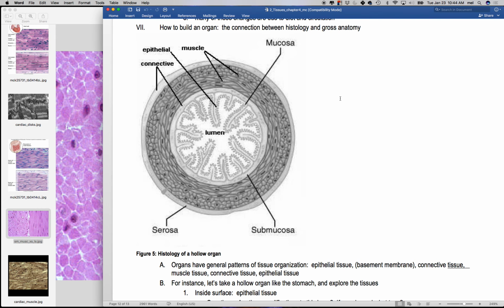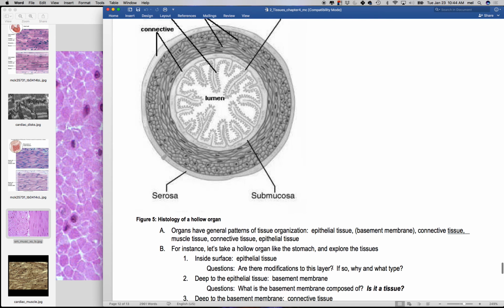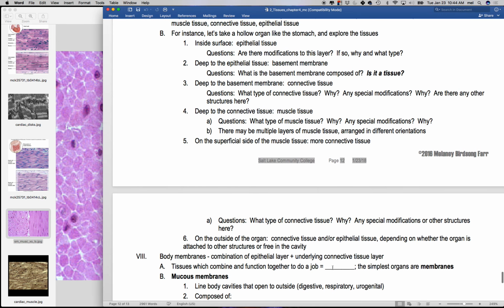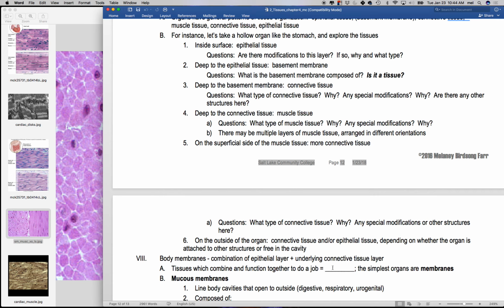If it's a wiggly organ, we're going to see what in the wall? Muscle of some sort, right? Then we're going to see some more connective tissue. And then depending on whether it's stuck to something or not, if it's stuck to something, just connective tissue on the surface. If it's not stuck to something, it'll have epithelial tissue on the surface, okay? So you can have an expectation. So this is a cross-section of any hollow organ, but let's pretend that we're actually doing the stomach for a second. Okay, so if you imagine the stomach and you look at the inside surface, touching the lumen, you would see an